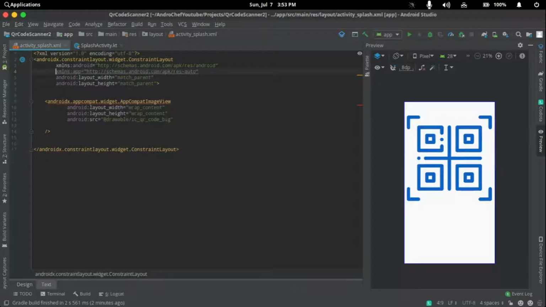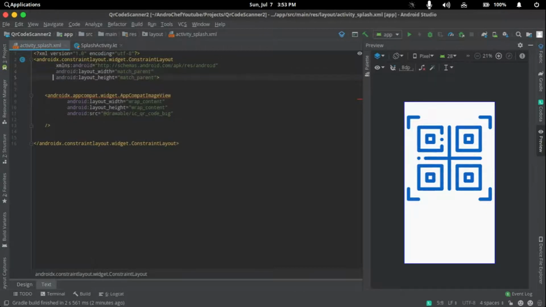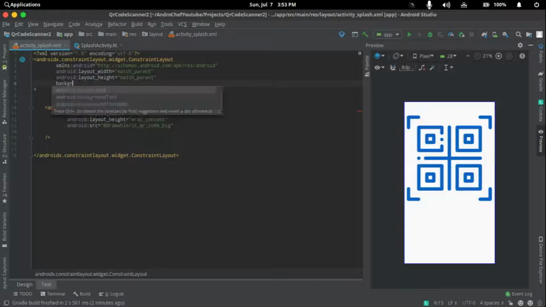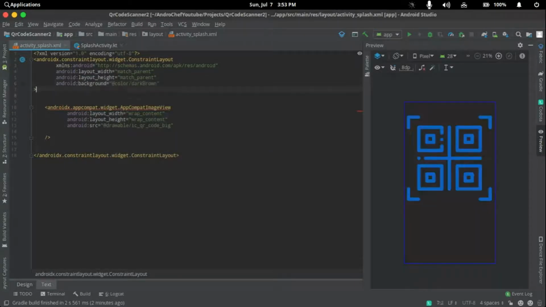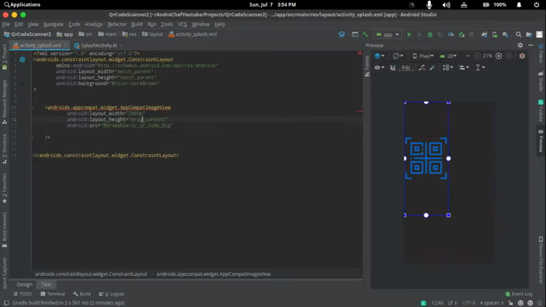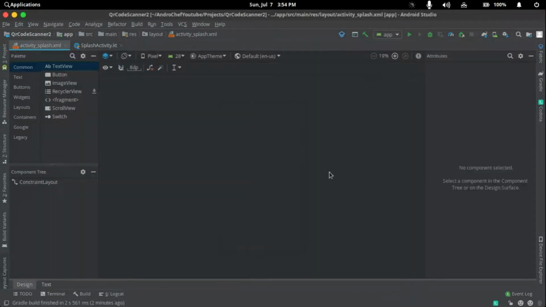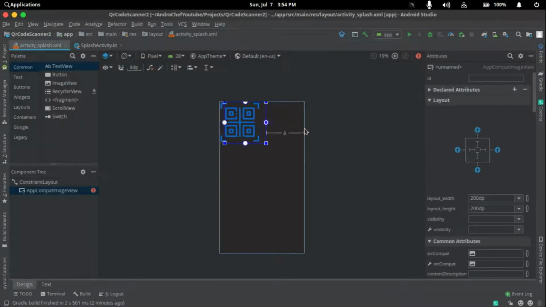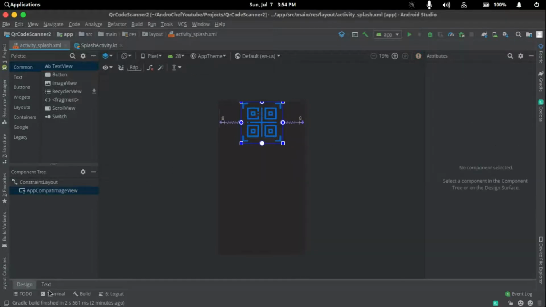We will remove these unused imports. Background will be dark brown. We will set the height hard coded to 200 dp, 200 dp, sorry. So we will align it to its parent, and we will align it to